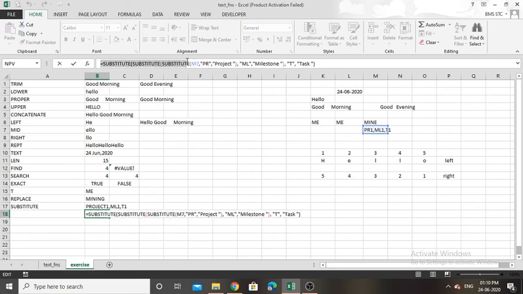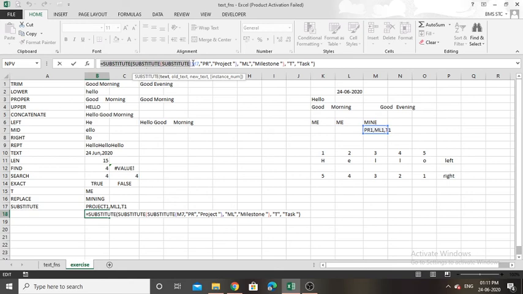Okay. Substitute within a substitute within a substitute. So equal substitute, substitute, substitute. So I need to substitute PR as project, ML as milestone, T as task. So I need 3 substitutes. So I put 3 nested substitute functions here.